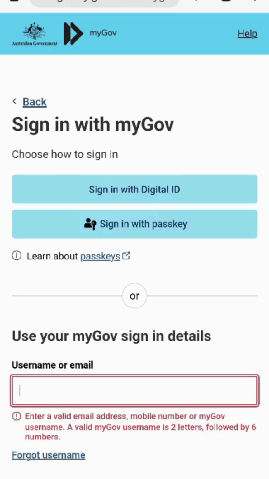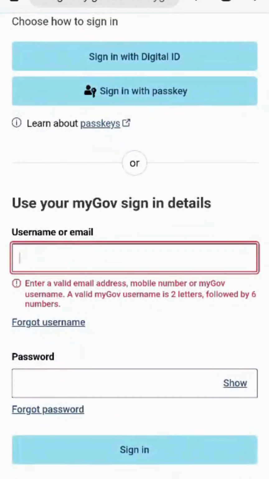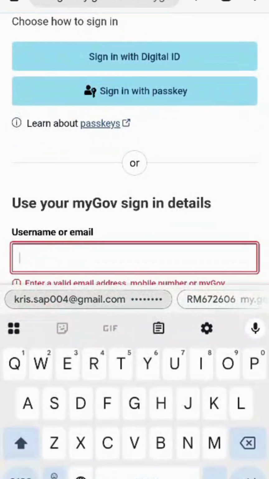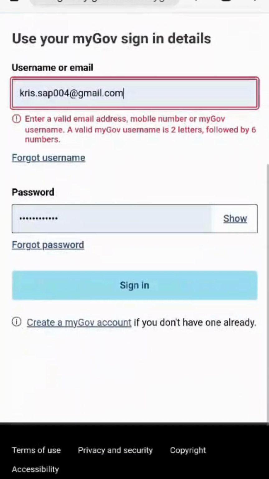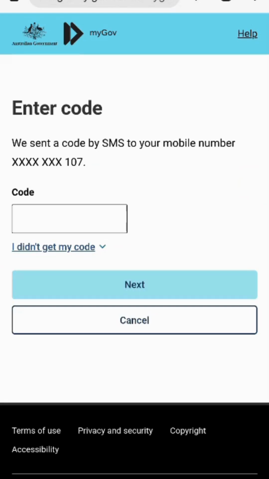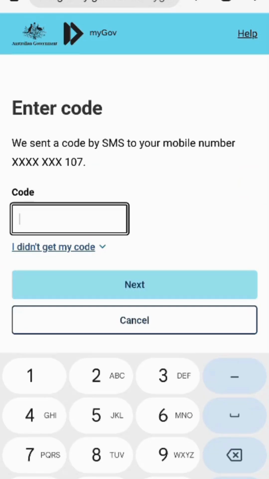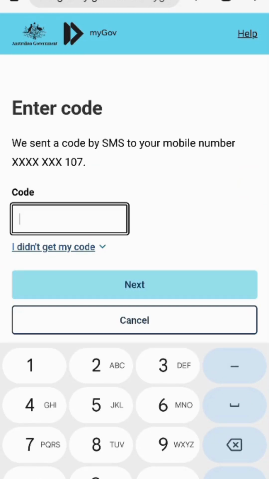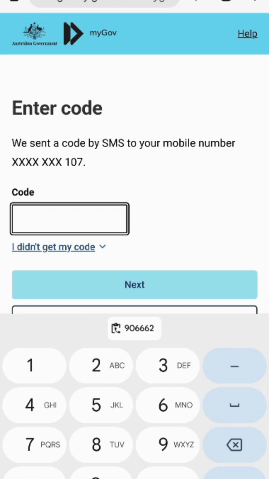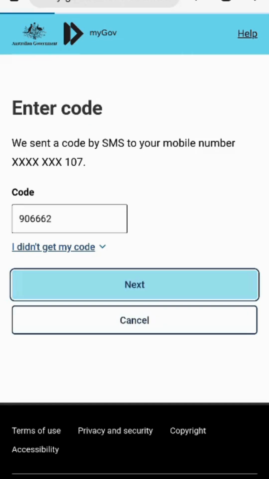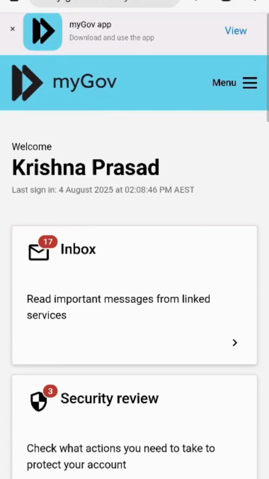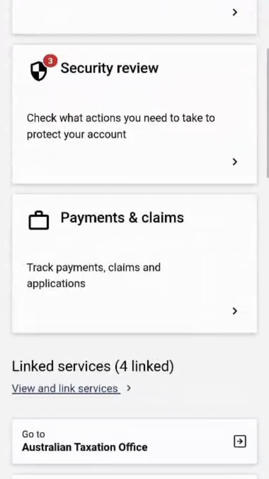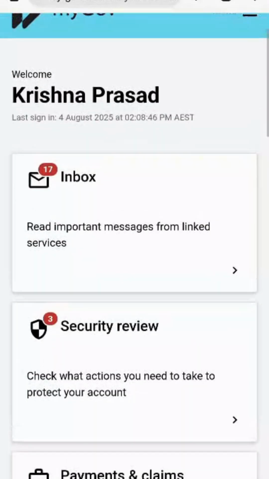login.my.gov.au and you will see a screen like this, and you will put your username and password and sign in. You will receive the verification code on the text message. Copy, paste. Then I'm logged in, and we are going on the